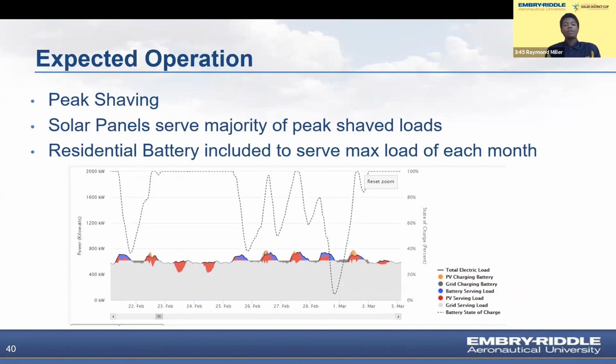So our expected operation would be peak shaving. Most of the peak shaving method is achieved through solar panels, as most of the loads happen during the day. And then we have on top our residential batteries, which will shave off another 5 to 10 kilowatts based on the very max charge each month. And this is chosen not only based off of REOPT Lite, but also MATLAB simulation to find the correct amount